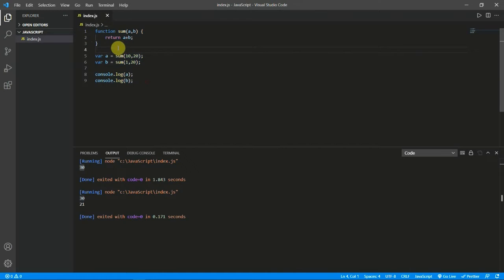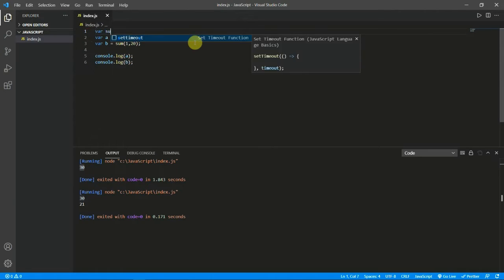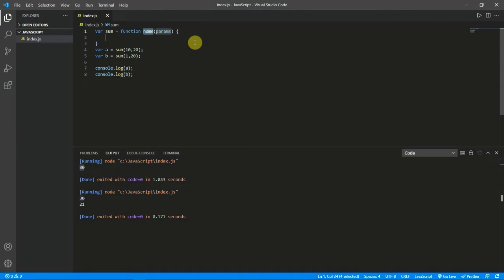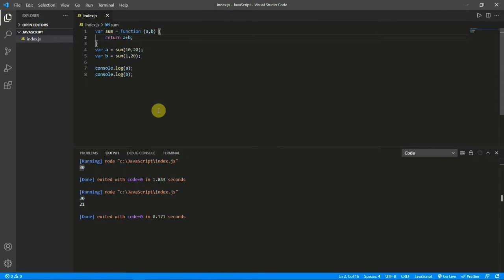I'll come up with another way to create a function. That is, we will create a variable. I'll name it sum, and then I'll give equal to, and then I'll tell it's a function. And here we don't need to give the name, and again I'll pass the parameters a and b, and then inside this I'll again return the value a plus b, and then I'll close this.